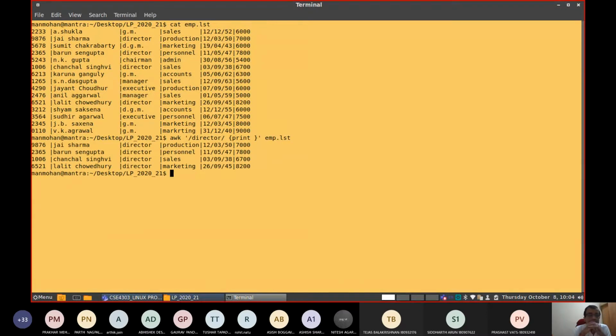See what happened here. So the first part was the complete text file. Now look into this command very carefully.